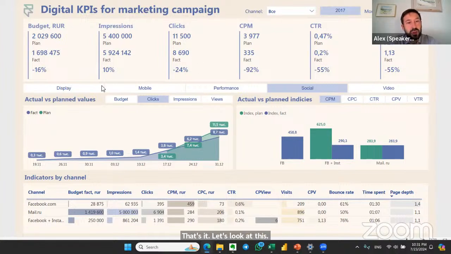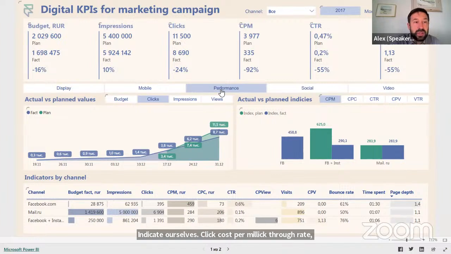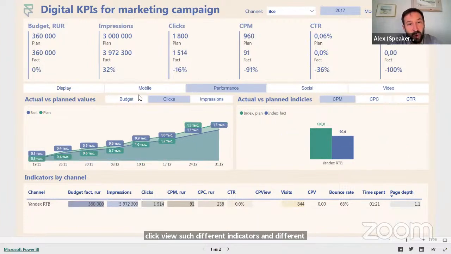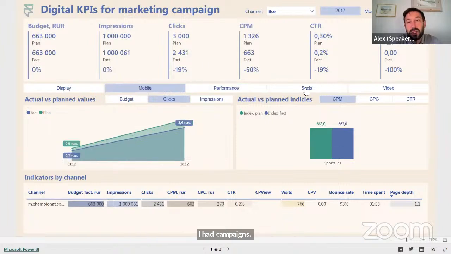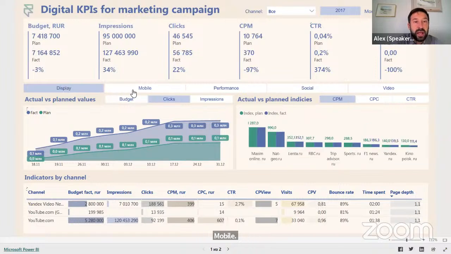We have sales target and indicators of impressions, clicks, cost per mil, click-through rate, click per view, such different indicators and different types of ad campaigns: performance, mobile, social media, video platforms, display.